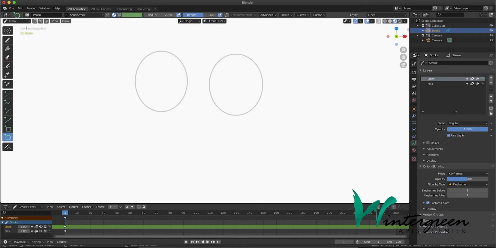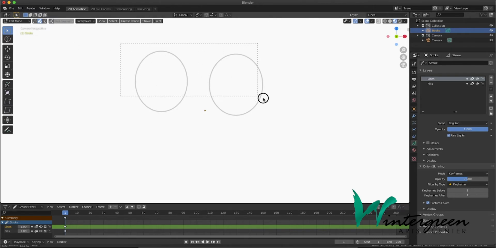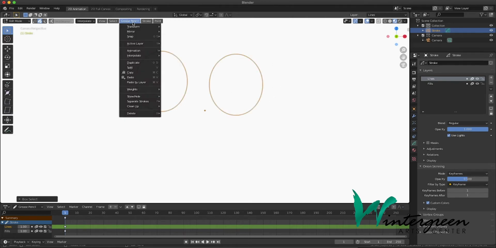Now if we go into edit mode, select our drop down menu, click edit mode, and right underneath edit mode we have a box select tool that's already selected for us. We're going to click with our left mouse button and select the eyes. We'll go under grease pencil, select copy,